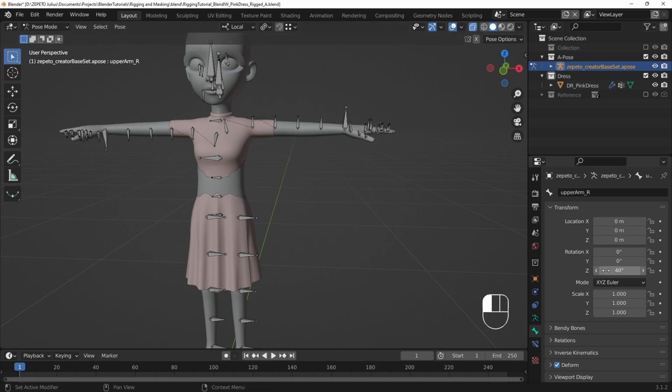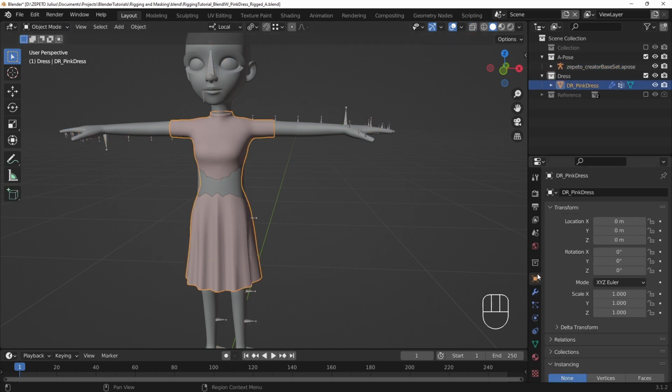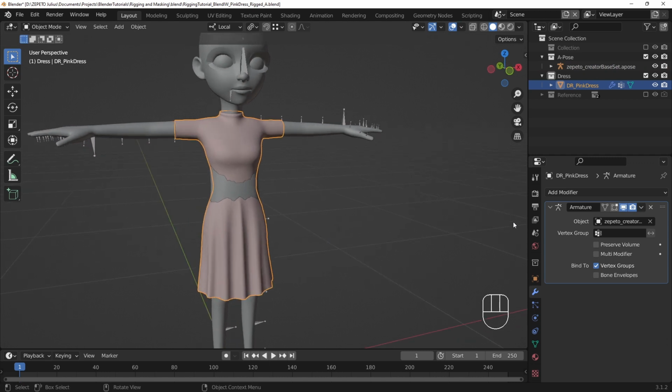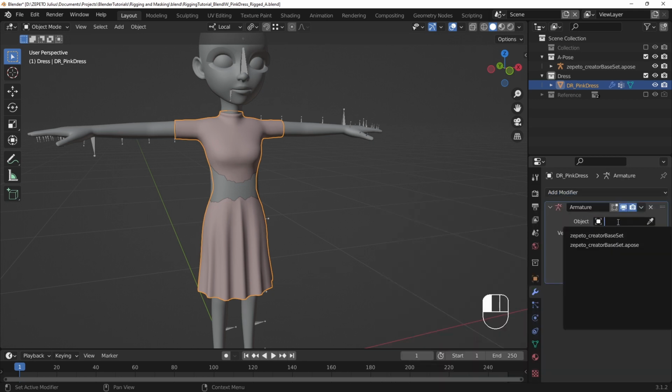Select the item in Object mode and go to the Modifiers tab in Properties. While the item is posed in a T-pose, go to the drop-down menu of the Armature modifier and click Apply. Now, reassign the Armature modifier to the item through the Add Modifier menu. Point the modifier to the original T-posed armature by selecting the context space of Object and find the Creator Base Set armature.